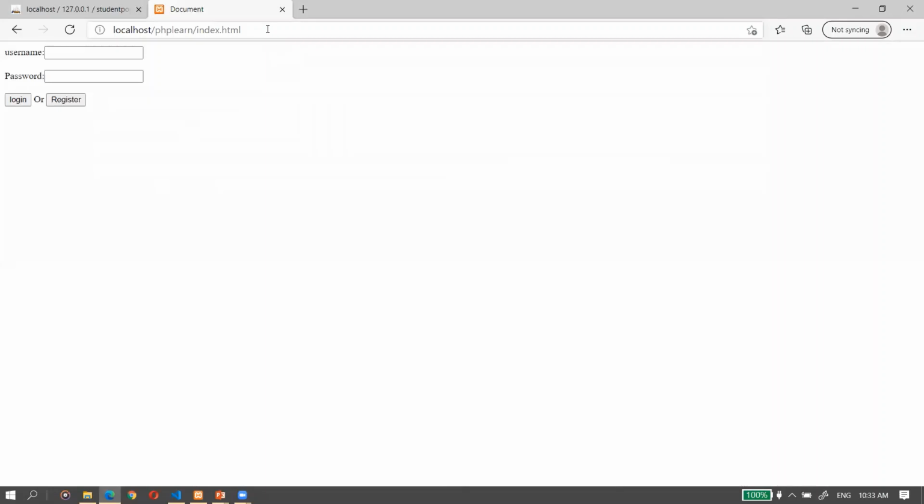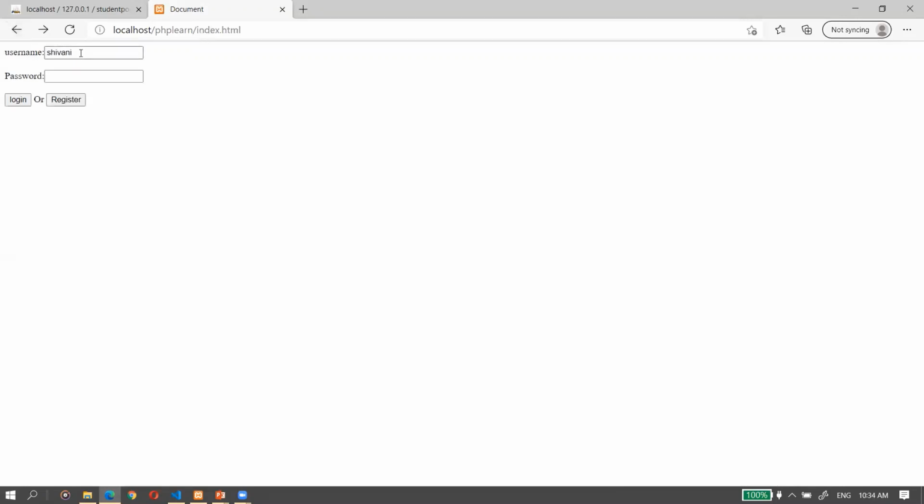Here you can see we have a form with username and password. There are two input boxes and one button is the login button as we have made, and another is register. Let us give a name which is already in the database, and see whether it will print or not. This is one of the users. Here it is, welcome Shivani, it is printing. It means it is properly validating.